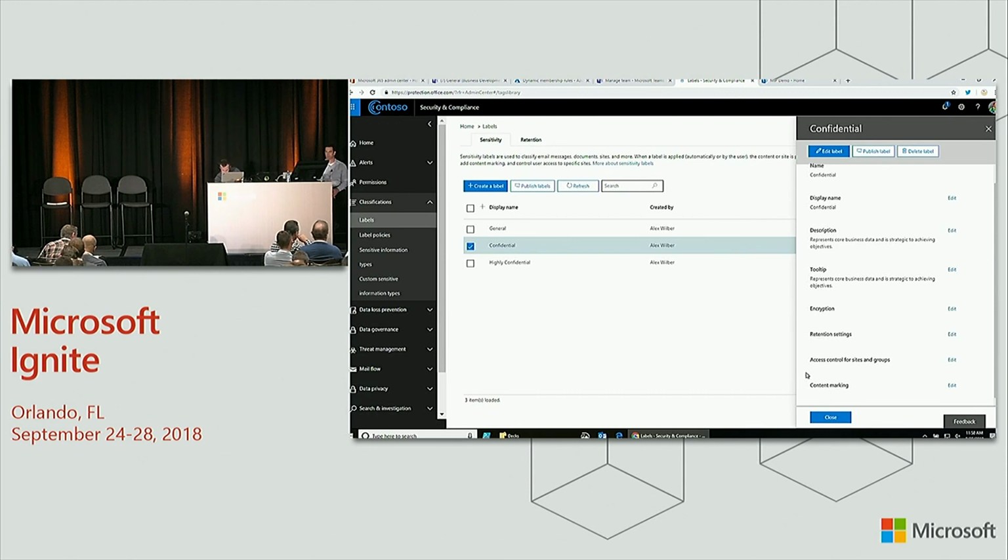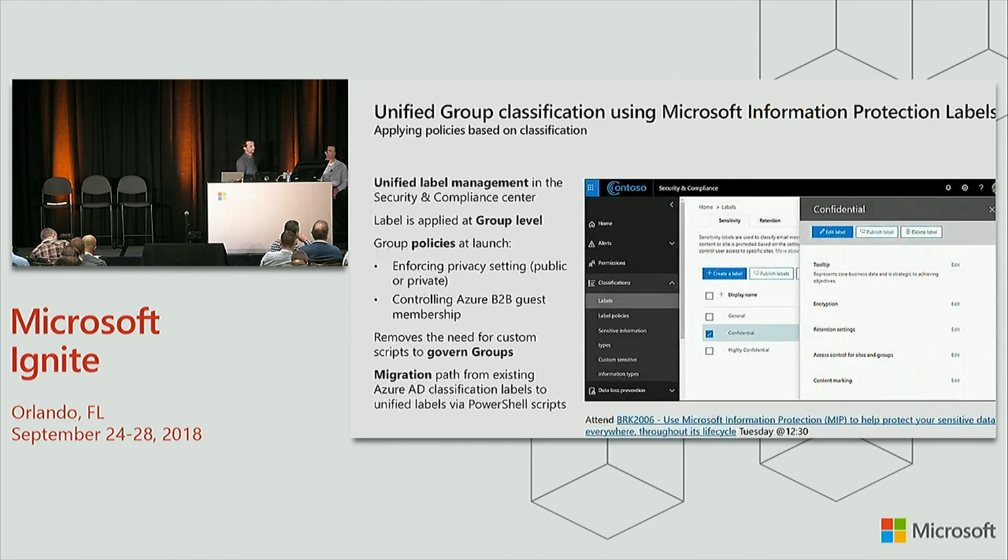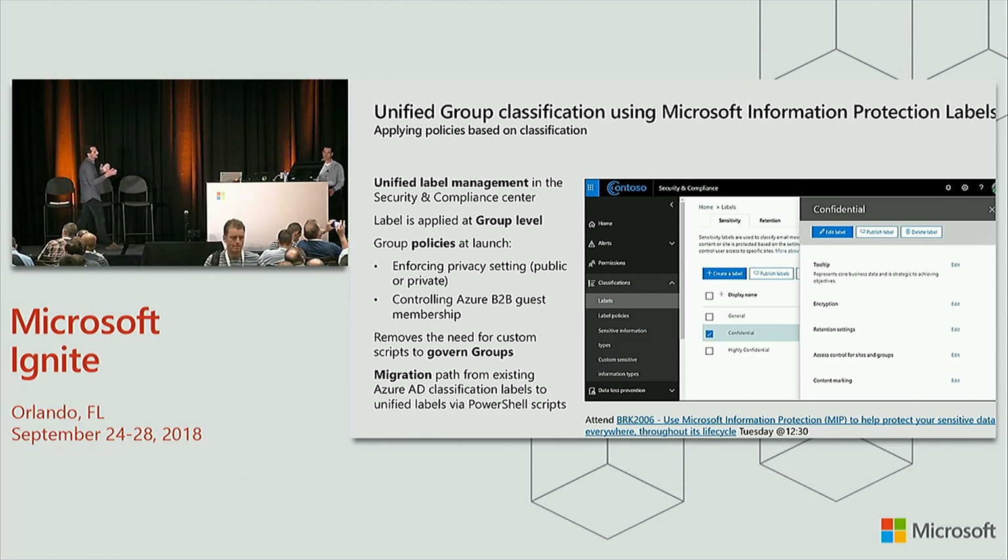So let me switch to slides and wrap up the presentation. So again, this is a dedicated slide on what I just talked about because this is fairly new, and I know you probably have a ton of questions. There are some sessions this week. There's one of them listed here that goes into more detail, but hopefully you get the idea. The idea is not only that we're converging on one source of truth for labels powered by the Security and Compliance Center, but again, it's not just about applying labels, it's about applying policies.